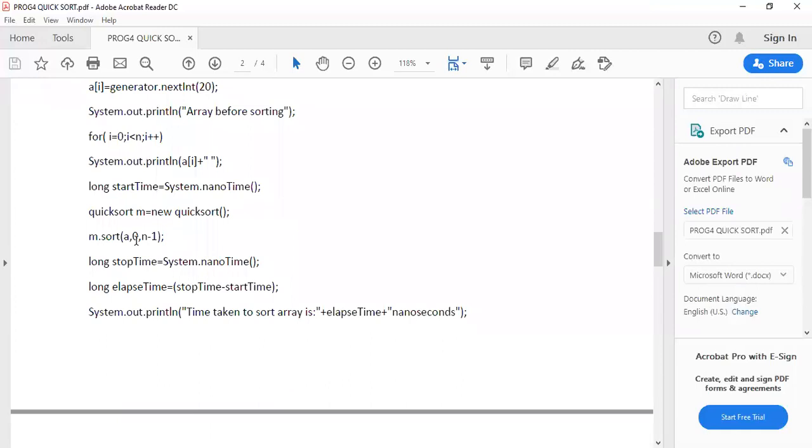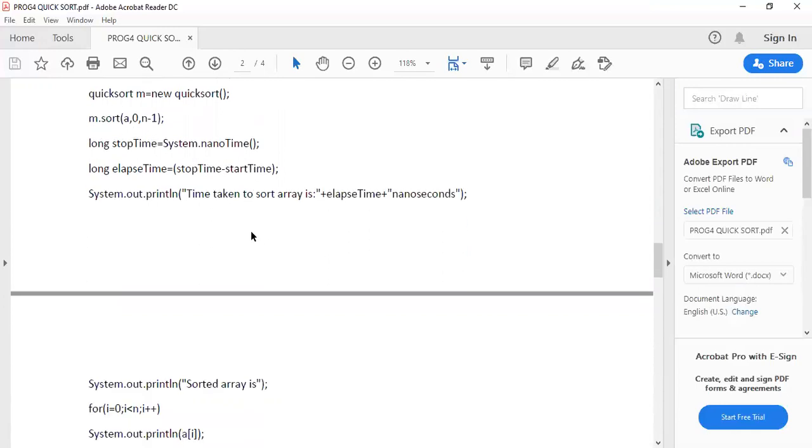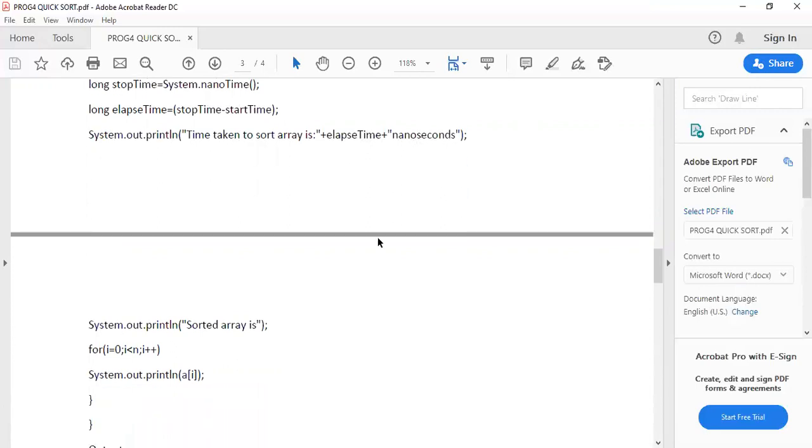After that, once the elements are sorted, we initialize one more variable called stop time. And finally, we calculate the time spent, that is the elapsed time, which is stop time minus start time. Then we print the time taken to sort the numbers, which is the elapsed time.